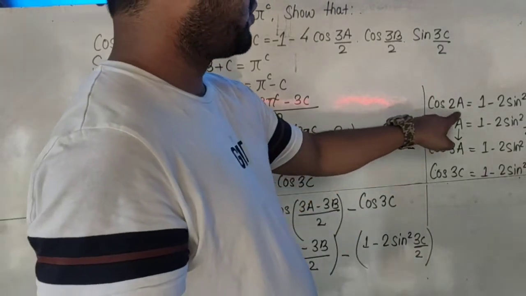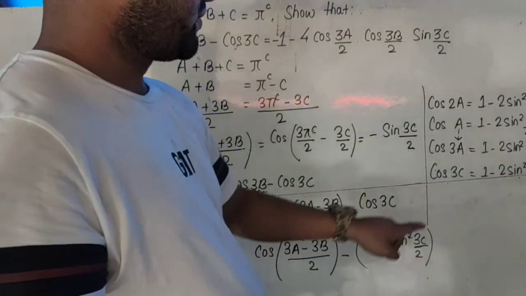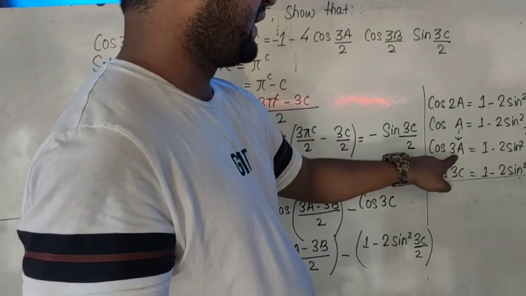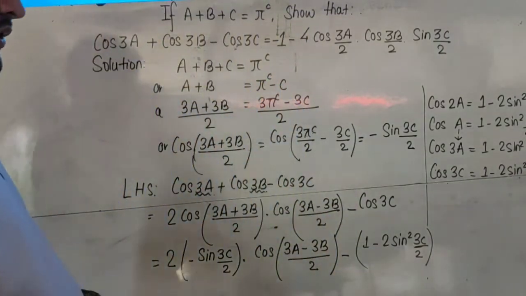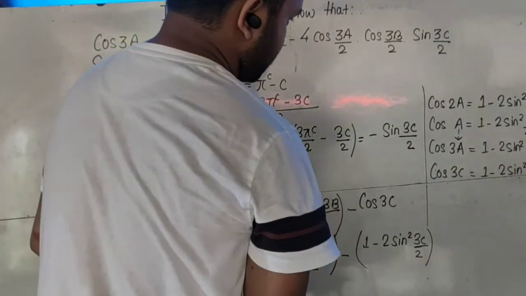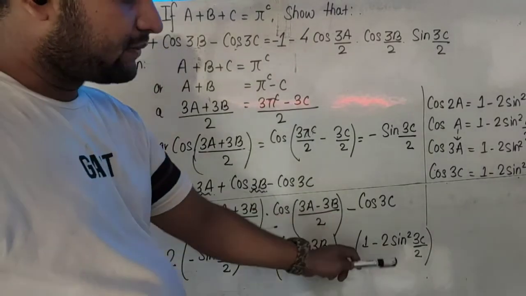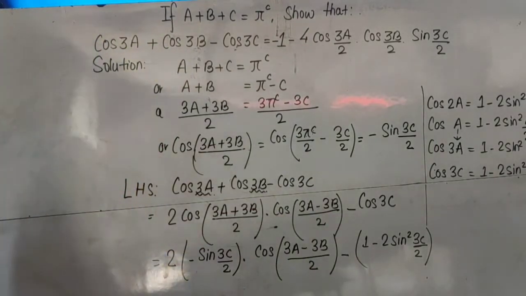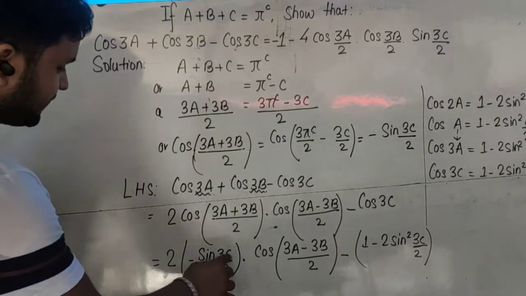So when I reduce this cos 2a to a, then a changes to be 1a by 2. So when I multiply this angle a by 3, I can also multiply this angle a by 3, then it will be 3 on both sides. So in this way we can get the formula for cos 3c. So this is the formula for cos 3c. And why are we using this formula for cos 3c? Because we are looking for that formula for cos 3c where there is sine 3c by 2.